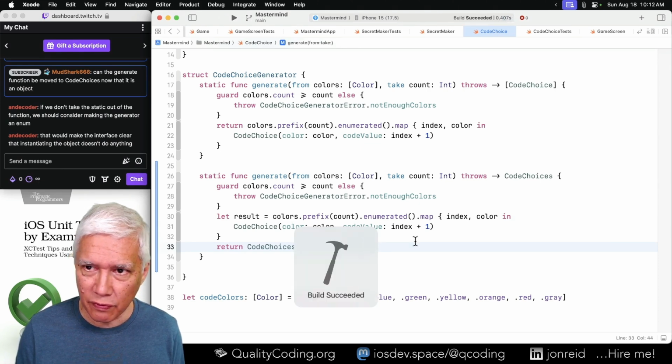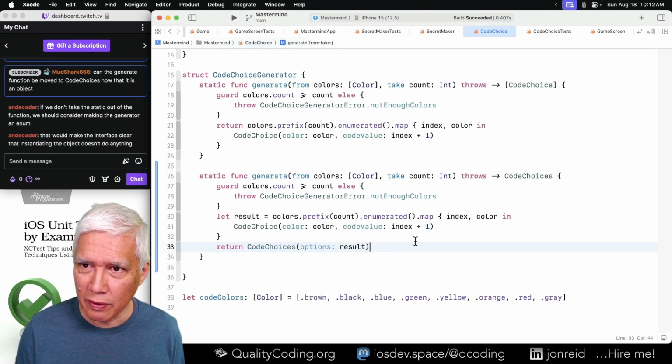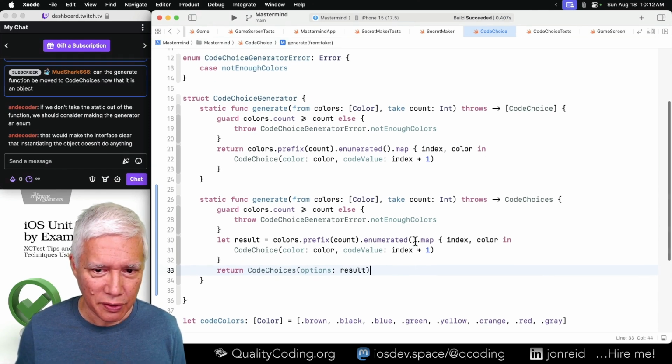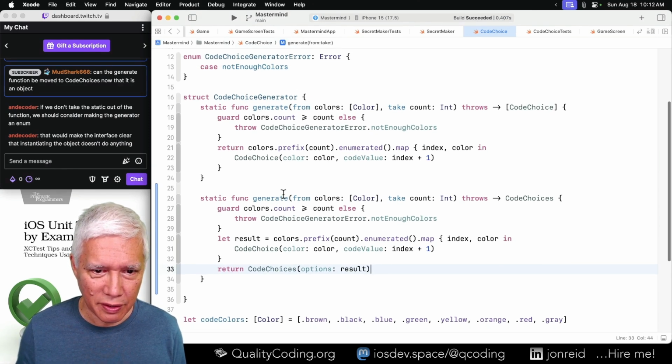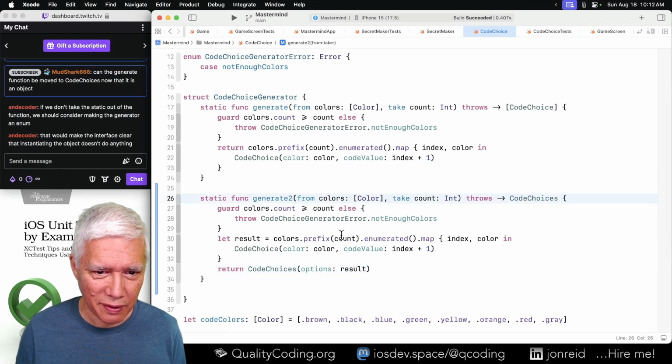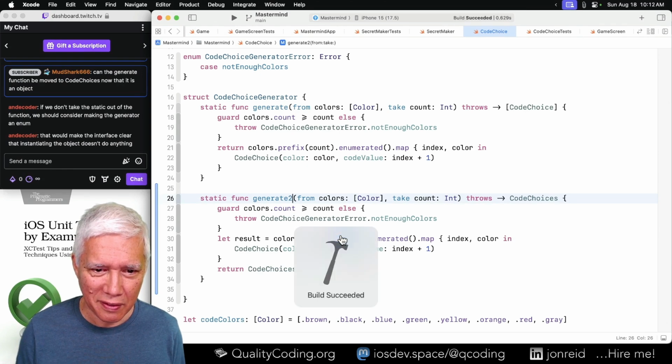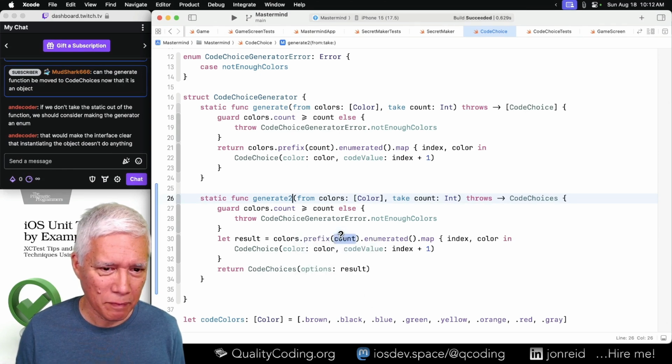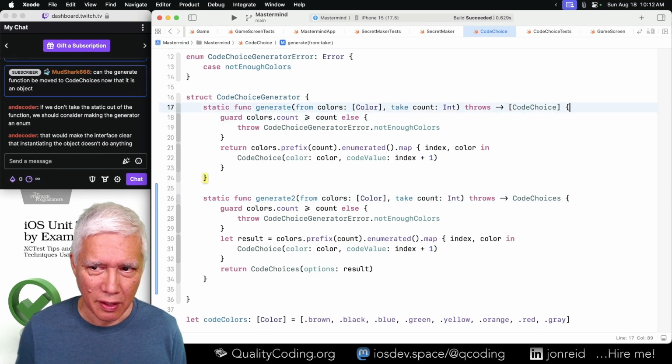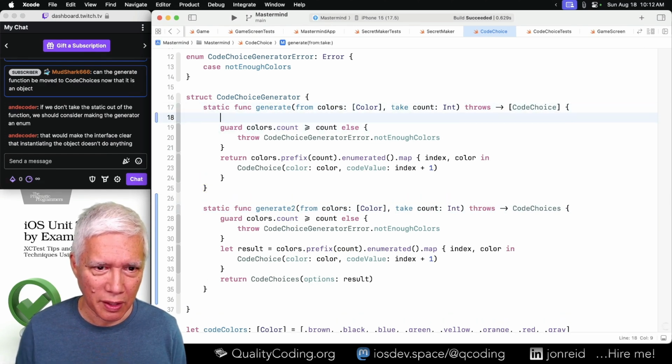Did it say build failed? Okay, build succeeded. All right. So this is, wait, I think I need to give it a different name. And we now say,